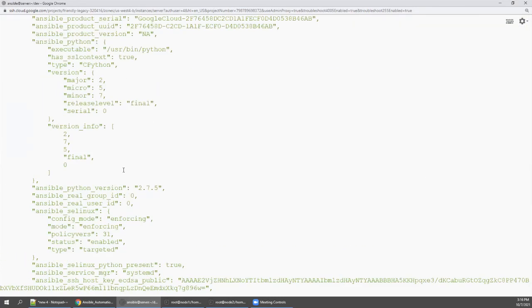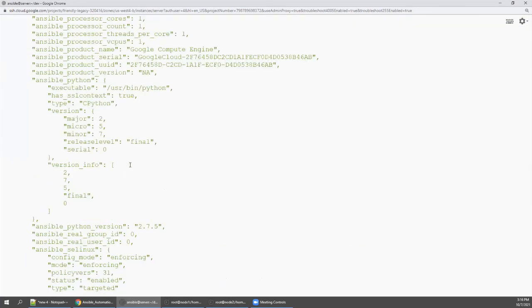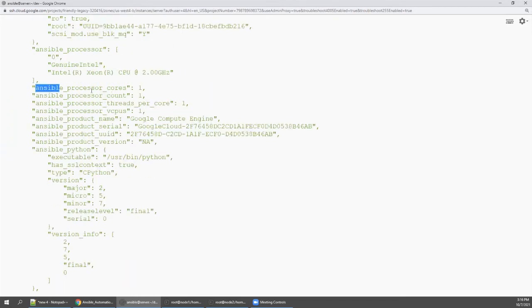If you are a fresher and you don't know what the fact variables are, because of course each and every OS will be different, don't memorize it. Every time you go to any Ansible project, please execute this, and you can save this in a notepad.